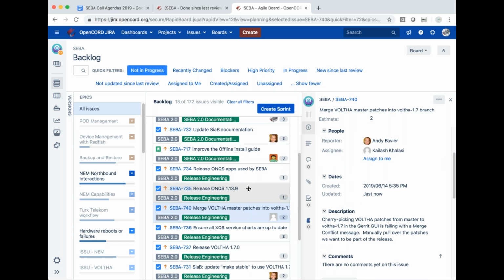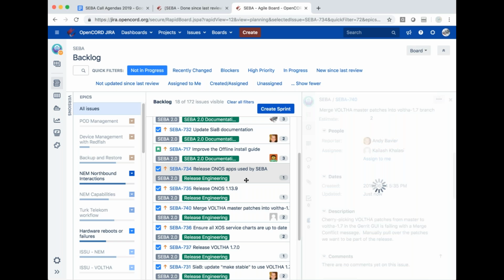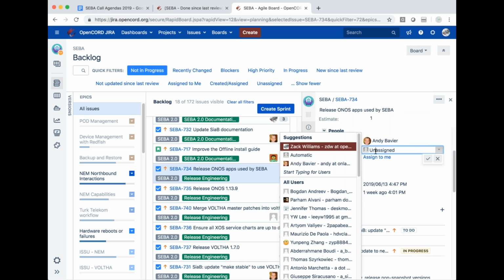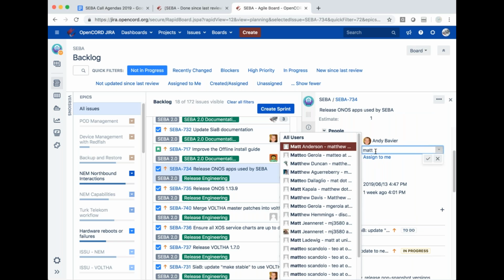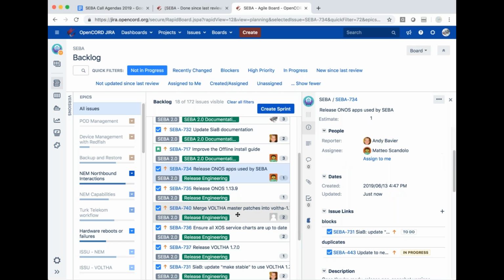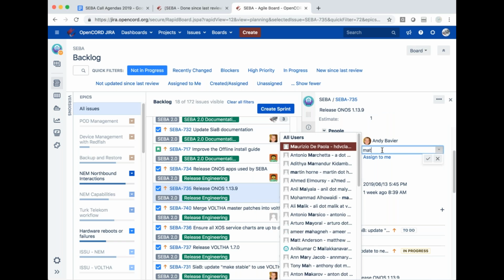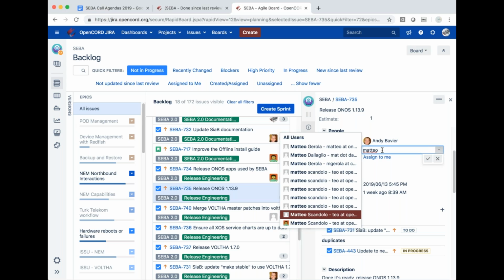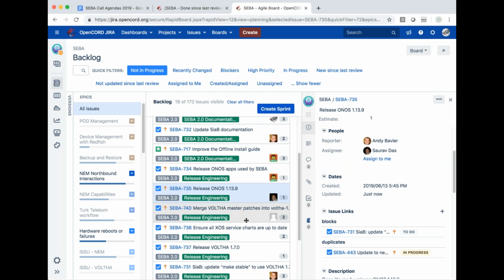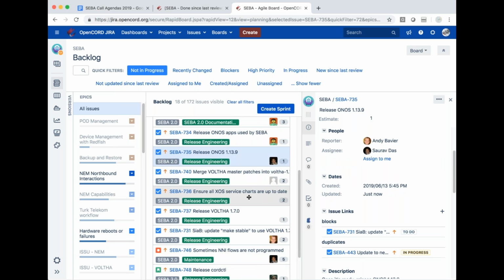Okay. And the ONOS release, who is this? You can assign that one to me. Okay. And I'm assuming ONOS also can be assigned to you, Matteo. That should be assigned to Sorav. Okay. That is basically someone going to Bagrade to press a button. Okay.